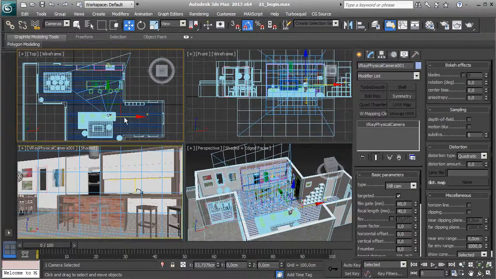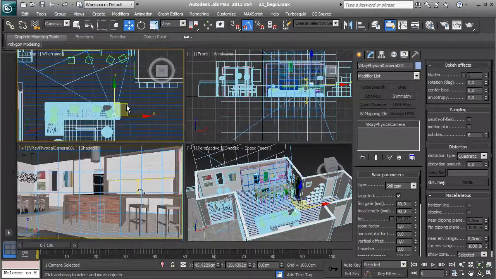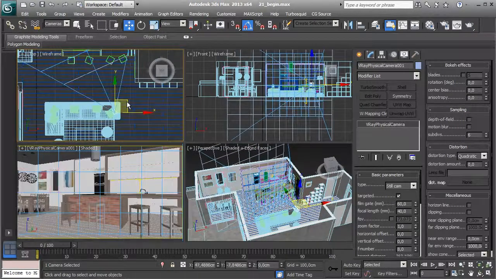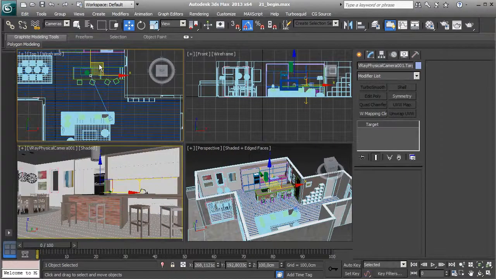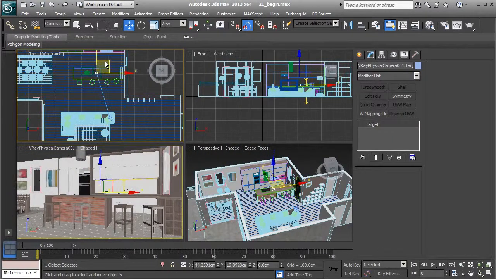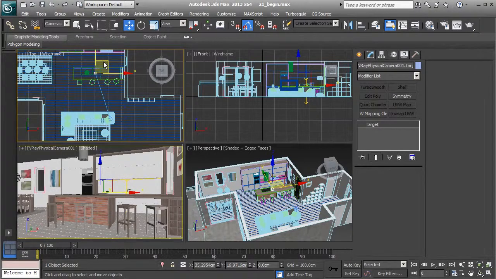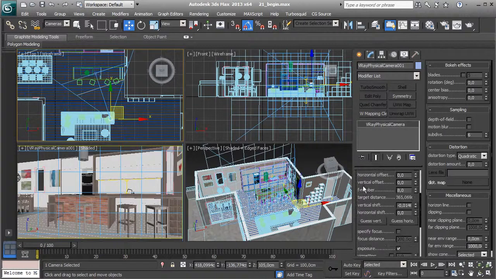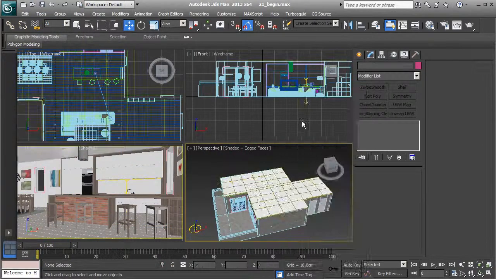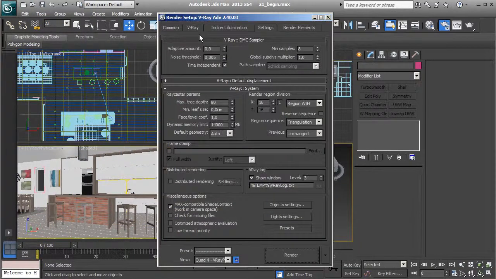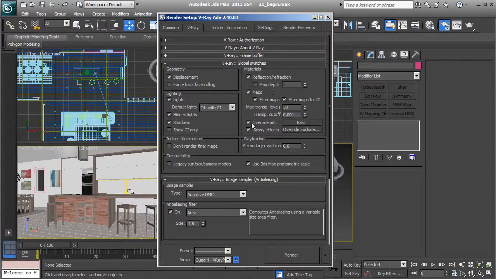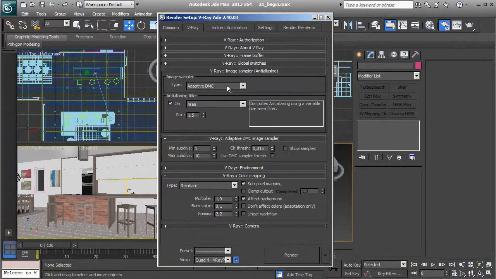Okay, let's move the camera like that, and the target. Okay, and now select the camera, scroll down and hit Guess Vertical. Okay, and now we can unhide everything, go to render settings, V-Ray global switches, and turn off our V-Ray override material. And before we start rendering, I will